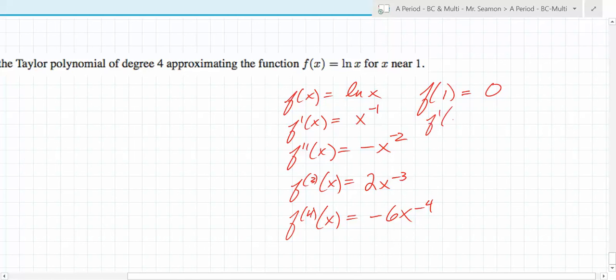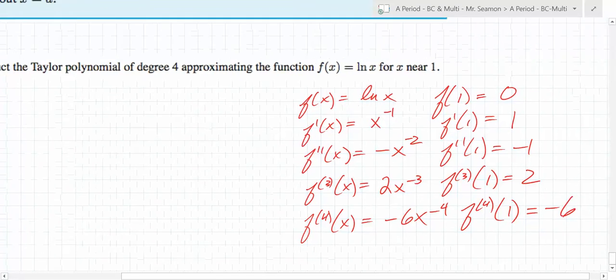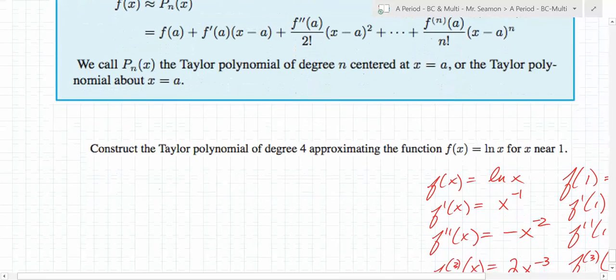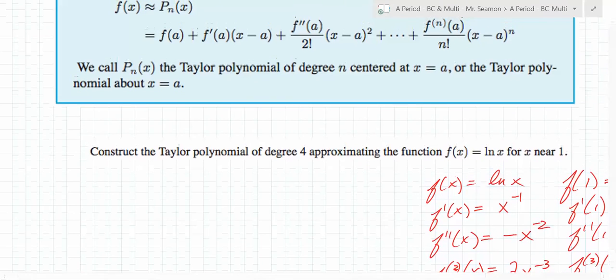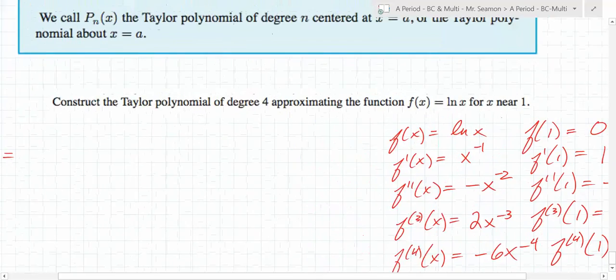So what's f prime of 1? 1. What's f double prime of 1? Negative 1. What's f triple prime of 1? 2. And what's f 4 prime of 1? Negative 6. All we have to do is now plug in. That's all we're doing now. So construct the Taylor polynomial of degree 4. What's f of 1 going to be? Oh, it's 0